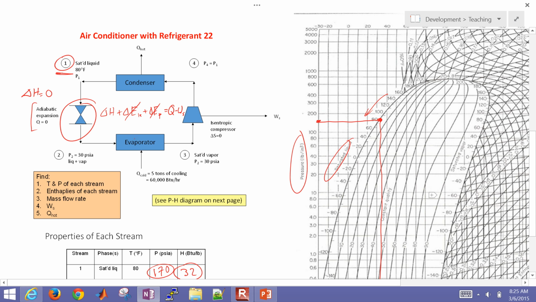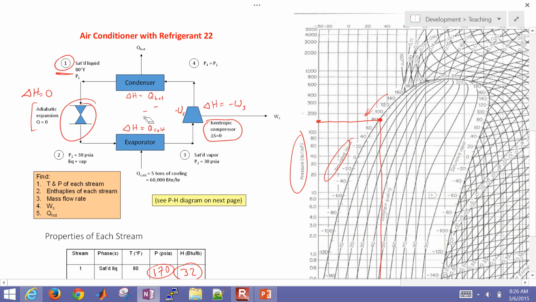Okay, so across the evaporator, again, no moving parts there, WS equals 0. Okay, so we just have the Q, delta H equals Q of cold. Okay, and then up here in the condenser as well, no moving parts, delta H is going to equal Q hot. Okay, and then over here for our compressor, we could say there's not a lot of heat transfer going on there, so no Q, but we just have WS. So delta H equals negative WS. Okay, so this is going to be important